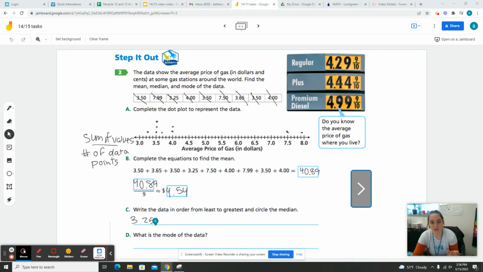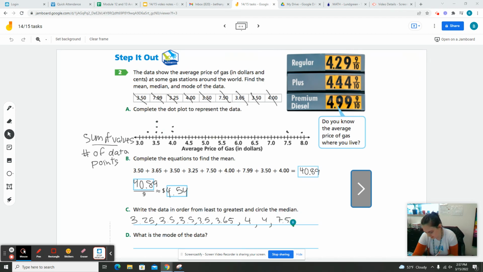And you can use the dot plot, it's really easy because you can just put them all in order from left to right. 3.25, and then there's a 3.5, 3.5, 3.5. We have a lot of 3.5s. We have 1, 2, 3 of those. And then 3.65, 4, 4,